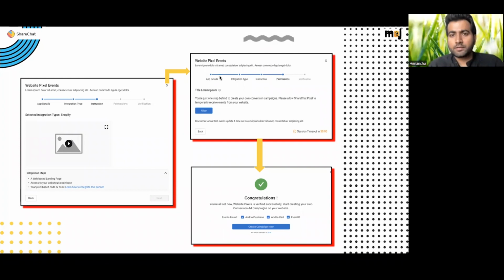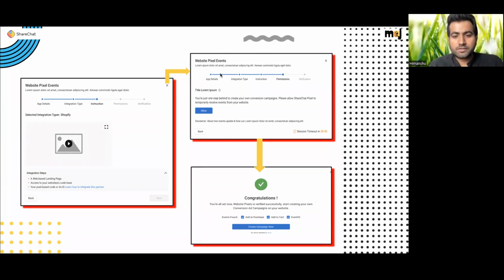I came on ShareChat. I want to do integration. I did that integration via Shopify, for example, here. And then I went to my website, allowed ShareChat to monitor my website temporarily. Went to my website, I did integration for add to cart, initiate checkout, and then purchase. So I have to perform these three events. I'll go to a product landing page, click on add to cart, do an initiate checkout, and do a purchase.